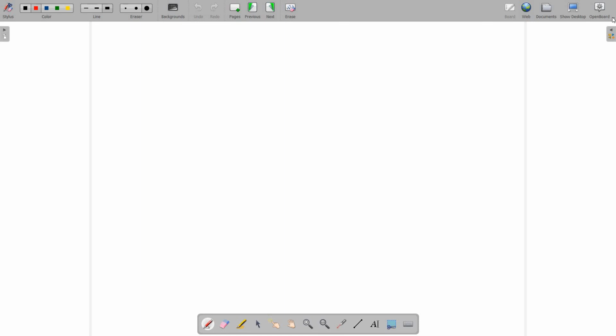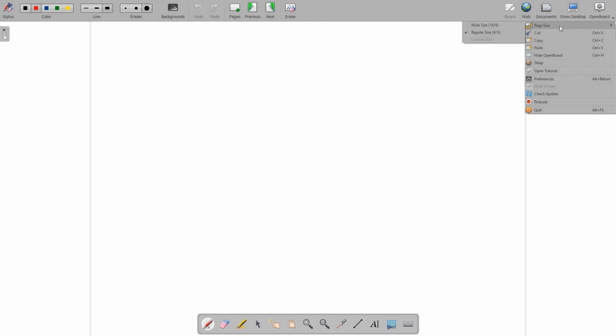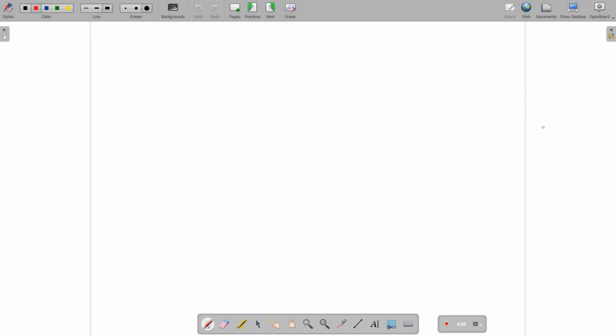And the last icon in this top menu bar is open board setting, where we have page size. I have already set it for regular size, then cut, copy, these all good menus. But here you see we have a podcast. Once we click on it, you see at the bottom a podcast recording screen with a button on. And if we click on this, the screen will be recorded, including voice, the screen as well as audio, video. The screen recording is possible. When we do the screen recording, the menu bar will not be visible, only the workspace will be visible.